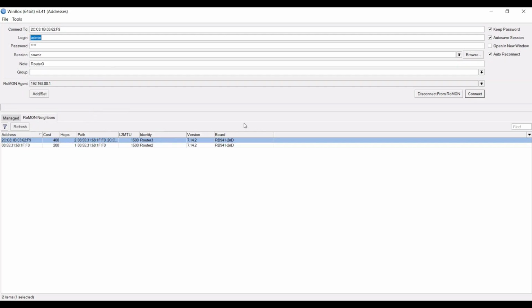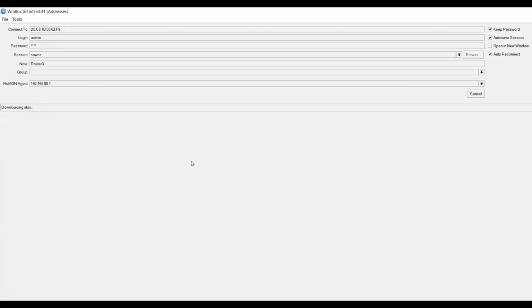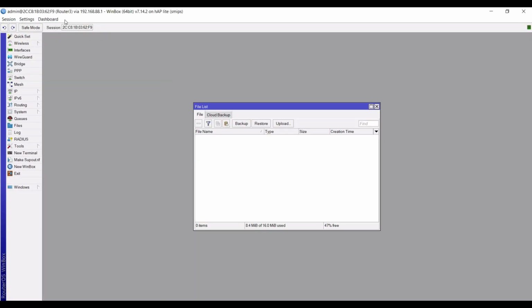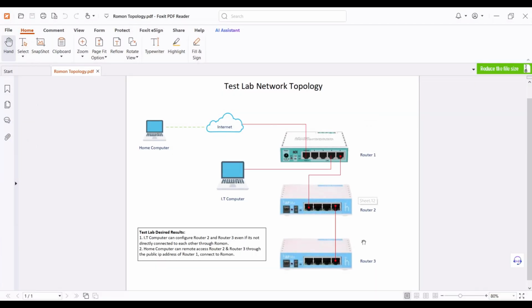Select router 3, then click connect. As you can see, we successfully access router 3 via Romon. Take note, router 2 and router 3 are not directly connected to my computer.